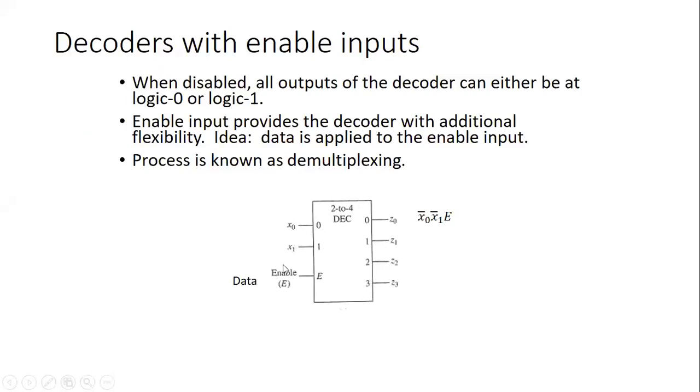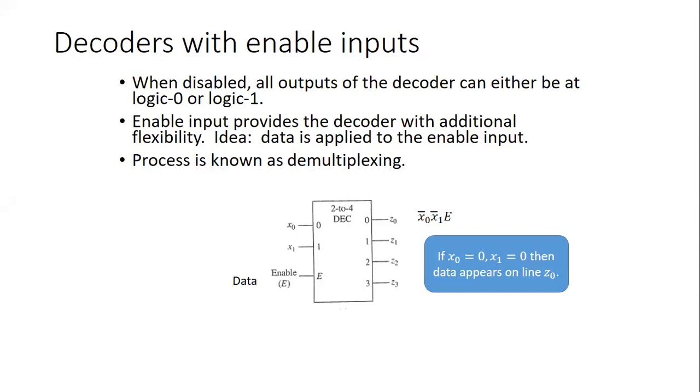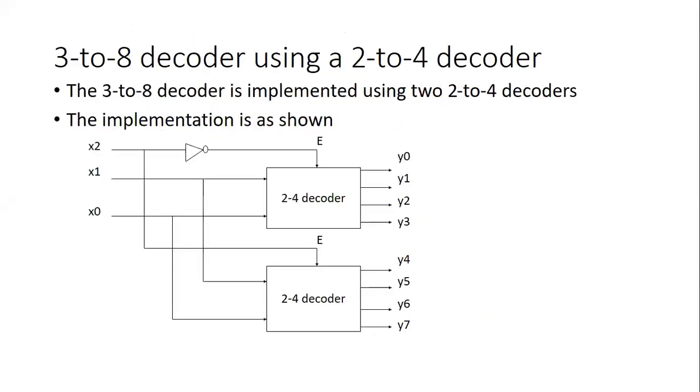I could give an enable signal. Enable can be an active high enable or an active low signal. Active high enable represents that the device will be active if enable is equal to logic 1. Active low enable represents that the device will be active if enable is equal to logic 0. We have seen this. So now in this 2:4 decoder, I'm using an active high enable only.